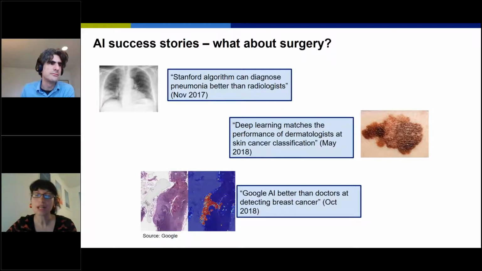They all have in common that they were trained on a large set of images, I think over 100,000 images. And here is one of the main challenges in surgery.